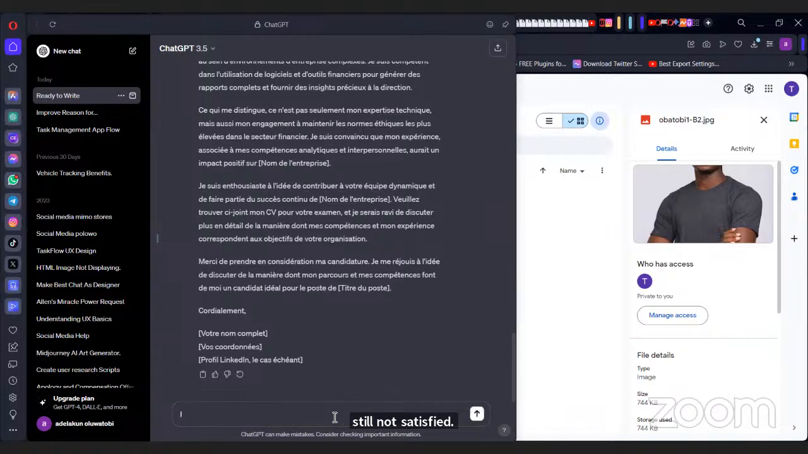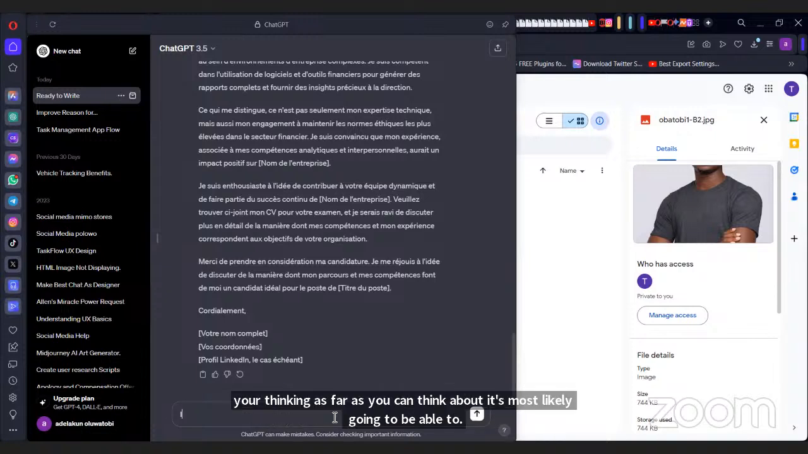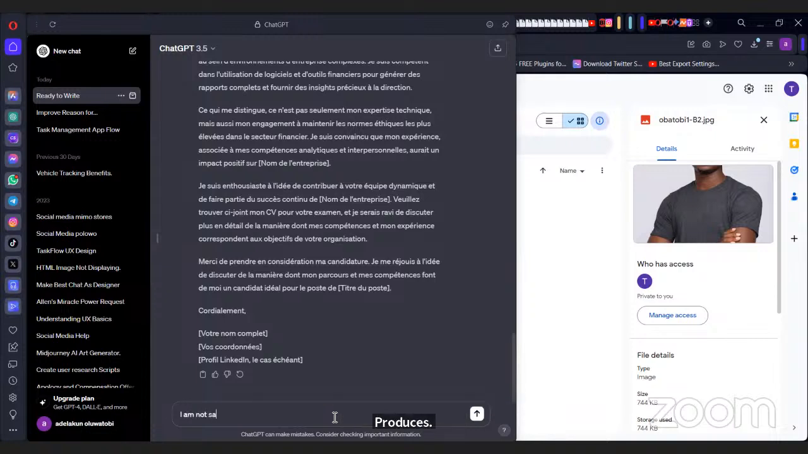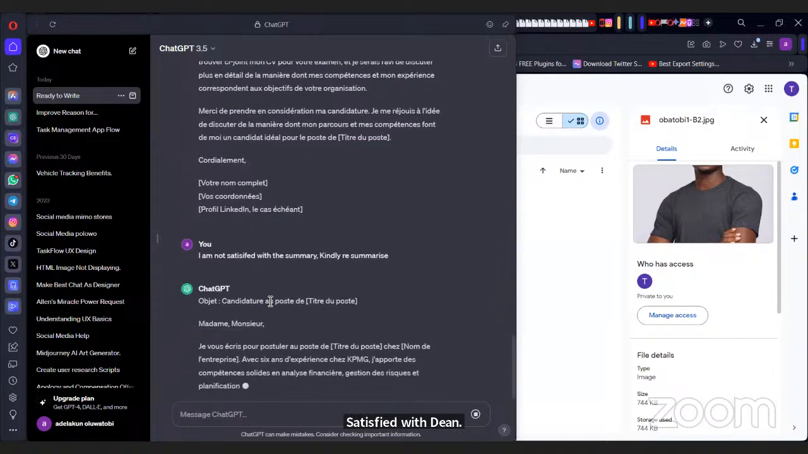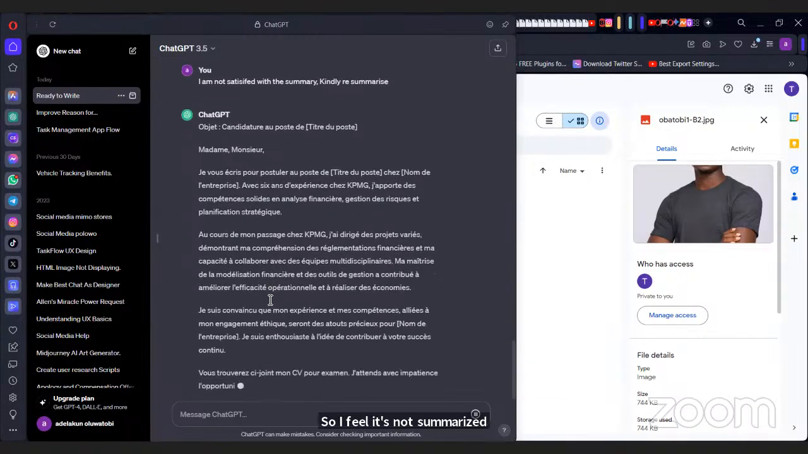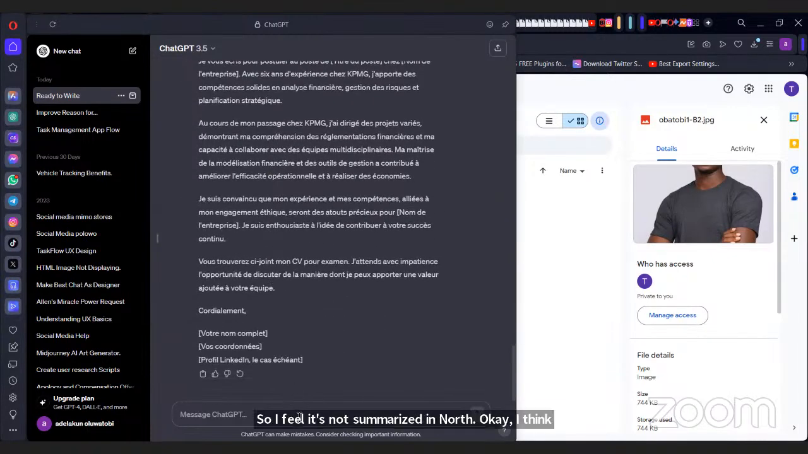So, like I said, in a conversational style, the thing with generative AI is that the only limit is your thinking. As far as you can think about it, it's most likely going to be able to produce it. I'm not satisfied with the summary. I feel it's not summarized enough. Okay, I think this is better. Okay, translate back into